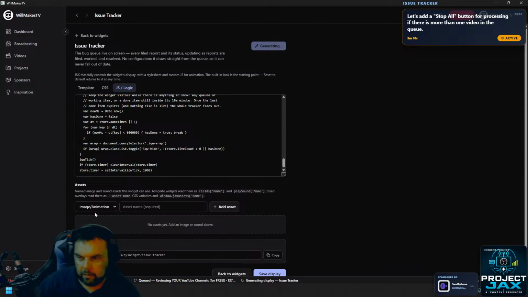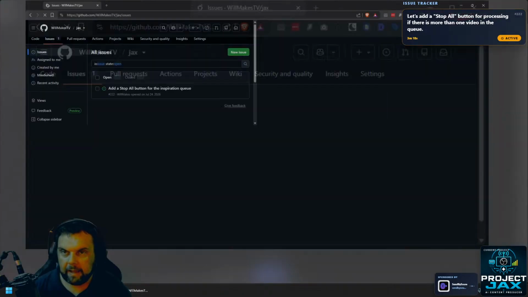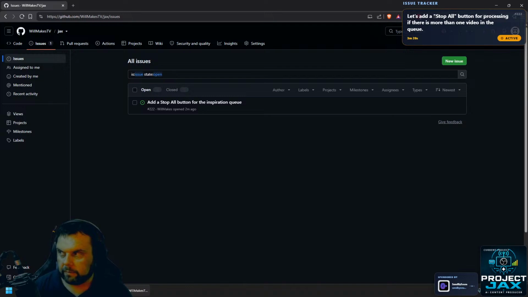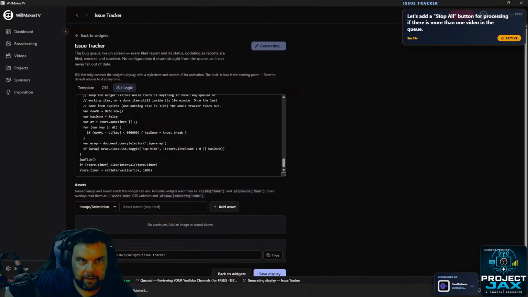And if you're new here, here's what this is doing, I'll show it to you. My code is tied to a repository, and this is the repository's issue queue that I'm filing to. So if I come in here and file a bug report, it will go here.